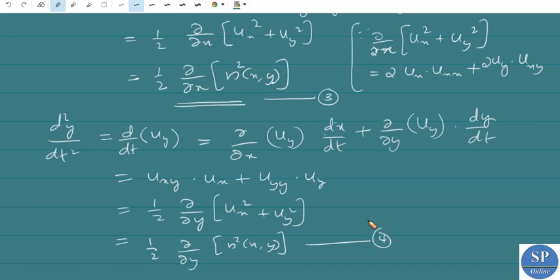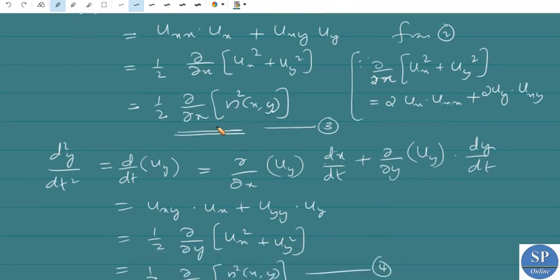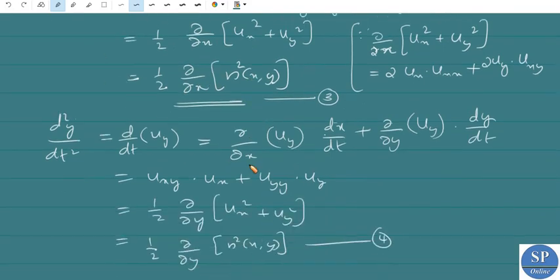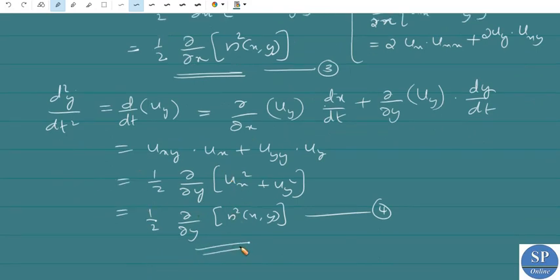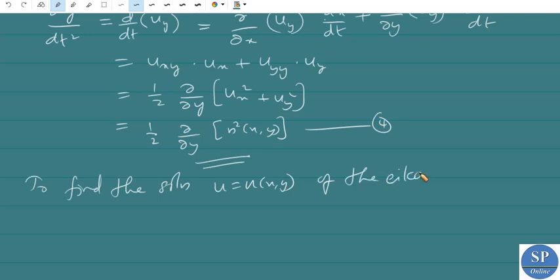So we have d²x/dt² equal to 1/2 into ∂/∂x of n²(x, y), and d²y/dt² is equal to 1/2 into ∂/∂y of n²(x, y). Now, to find the solution u equal to u(x, y) of the eikonal equation 1,